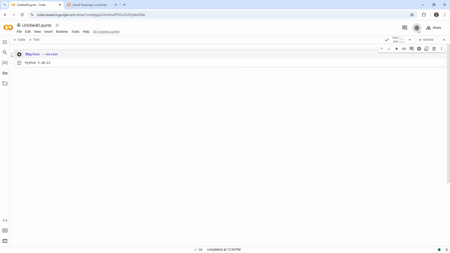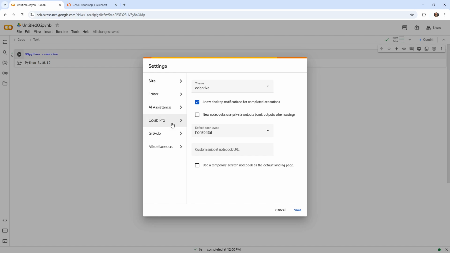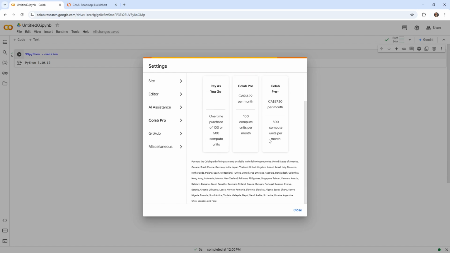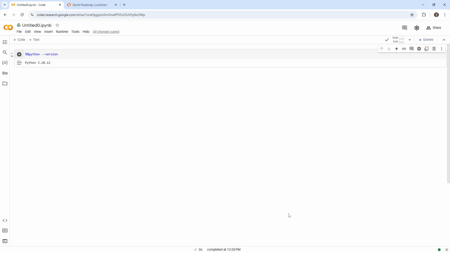Now, could we upgrade this and get more compute? There is a Colab Pro. So it looks like for $13.99, you can get 100 compute units per month. Colab Pro Plus, you get 500 compute units per month. I don't personally know what compute is being used underneath. I simply could not find it, but it seems to work fine. It's going to be something underneath. I'm not sure. But Google Colab is something that you'll see time and again because there will just be examples